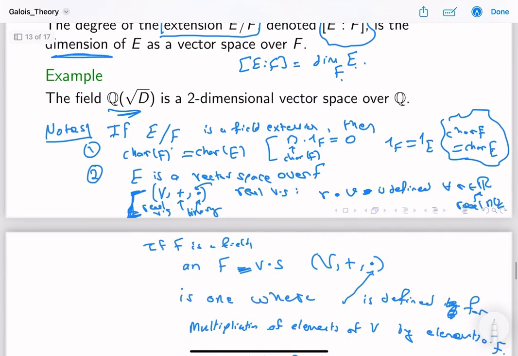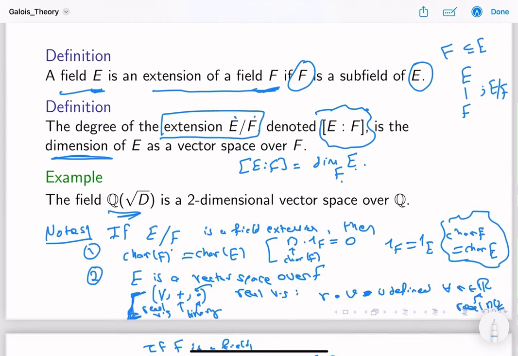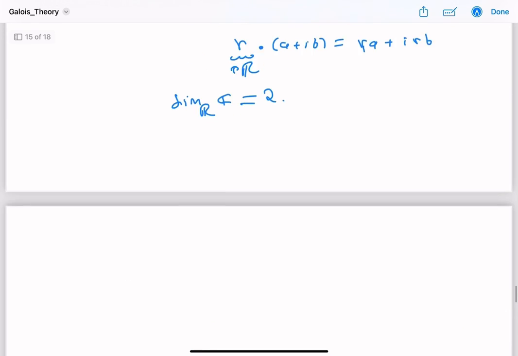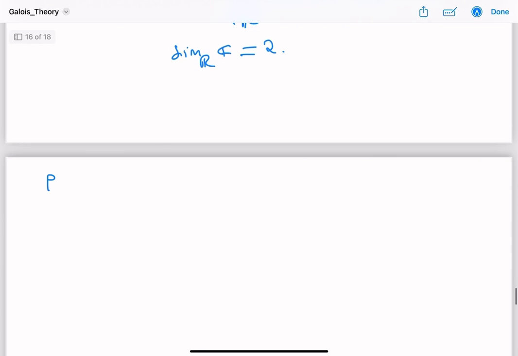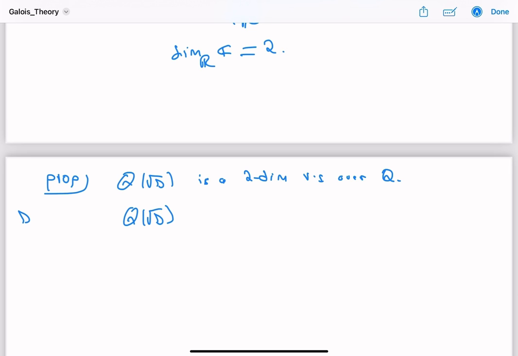So let us just take another example to refine your knowledge of what a field extension and its degree is. So here's the proposition that we're trying to show. Q(√d) is a two-dimensional vector space over Q. But what's important here, I remind you, is that for Q(√d), we take d to be not a perfect square,